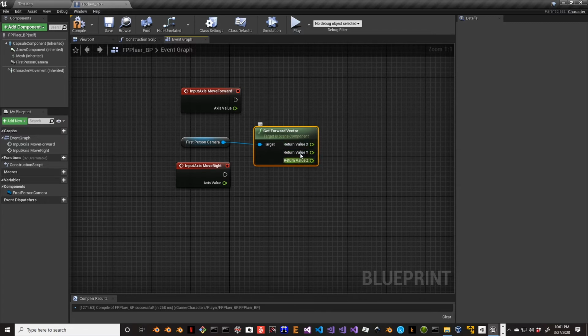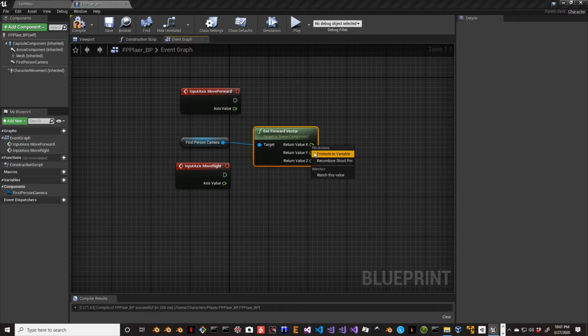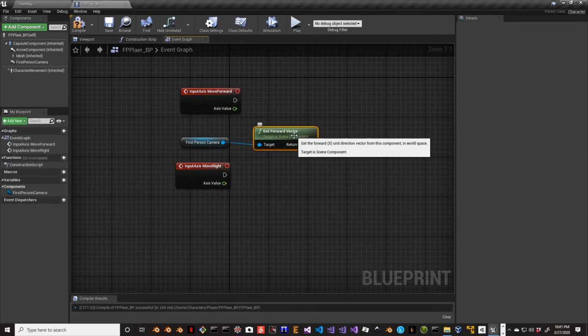In this case, it contains the X, Y, and Z. So I can go here and I can recombine the struct pins because that's all we want right at the moment. I'm going to be talking about vectors in a little bit more detail, and I'm also going to give you resources of where you can learn a little bit more about